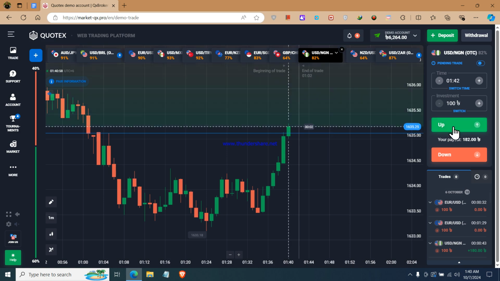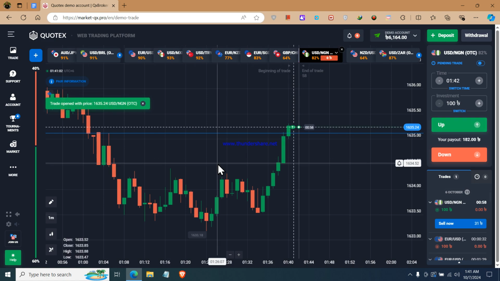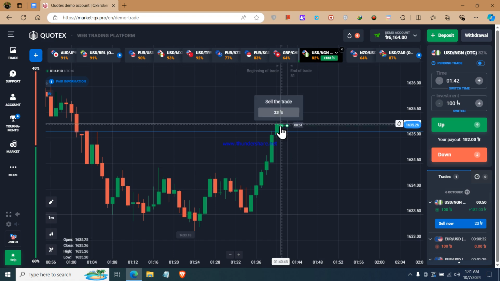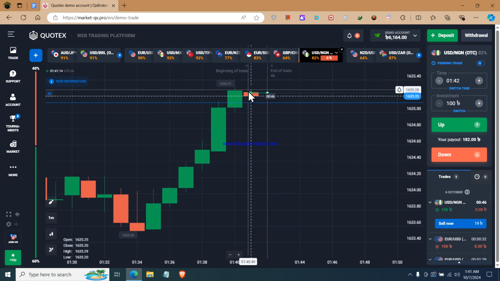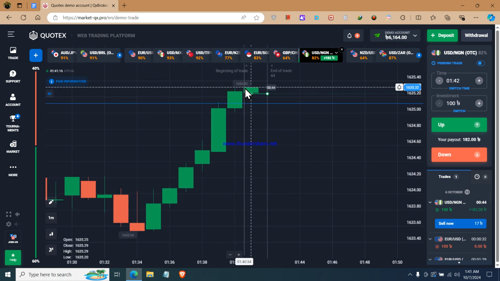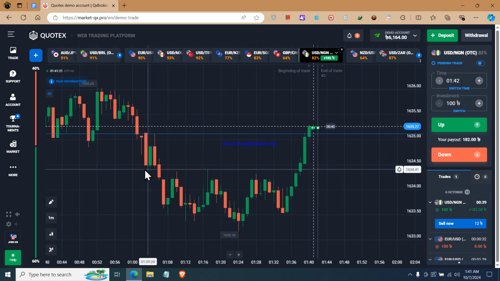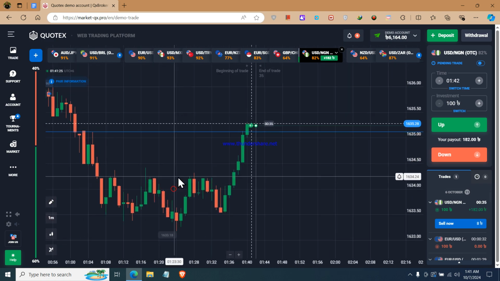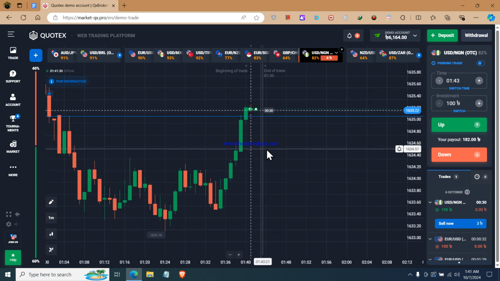Okay, I'm going to place my trade for call up. Okay, there was a gap. If the buyers are strong here, then they should not make a gap here. Okay, so the gap may be done by sellers. I'm not really sure, but I still placed my trade. I actually placed my trade before the gap was done, but it's OTC, right? Anything can happen in here.